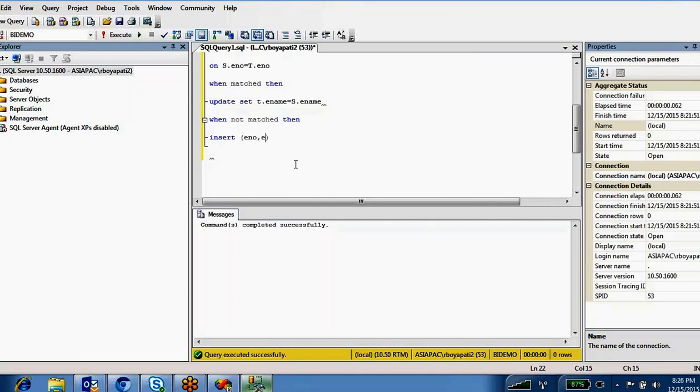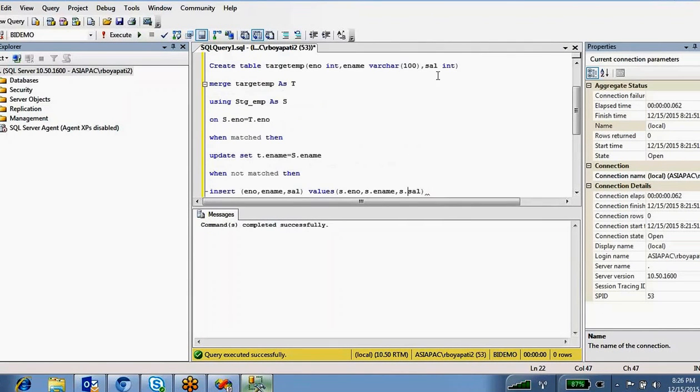Insert employee number, employee name, salary, values, employee number from the source table, employee name from the source table, and salary. Sorry, these are from the source table. S dot, S dot, S dot.